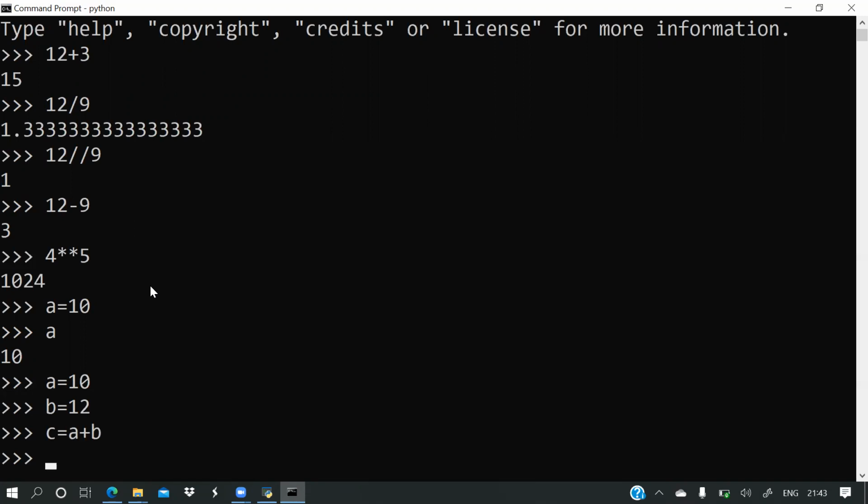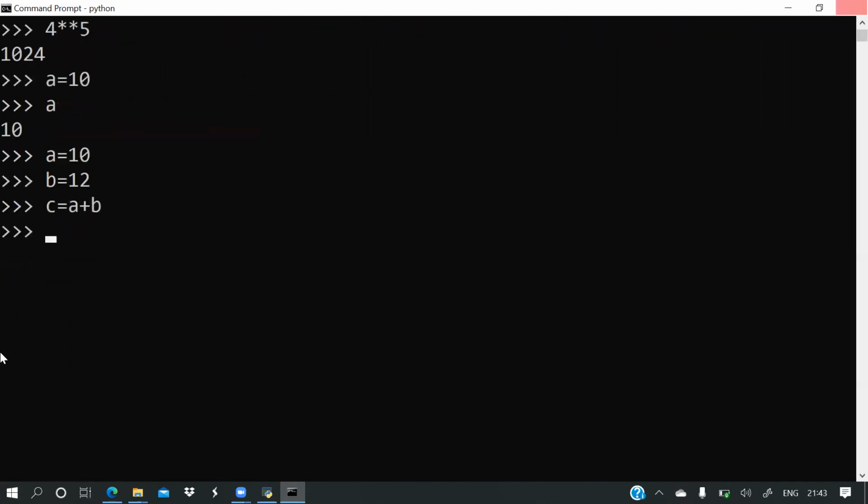Now I want to print c. C is 22. That's all. No need to write a print statement in command prompt as well as in the Python shell.